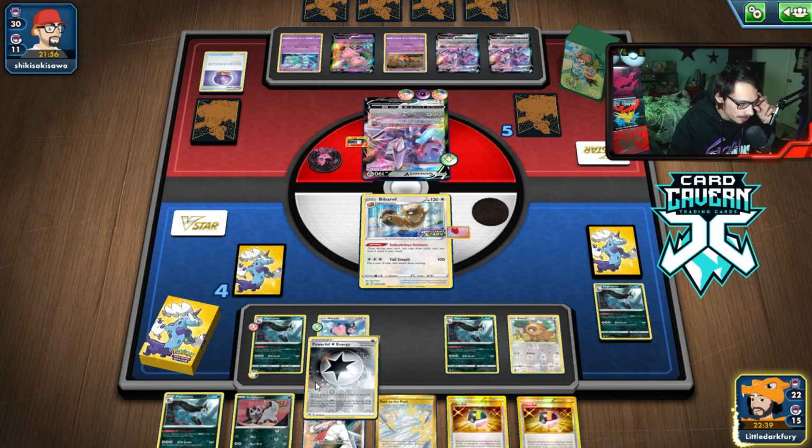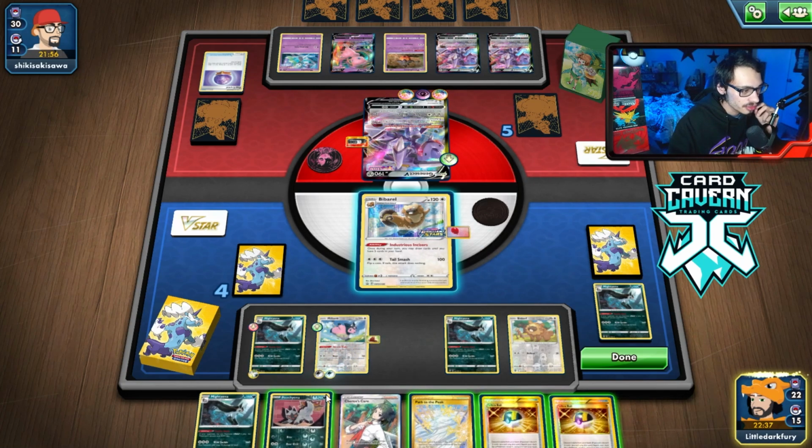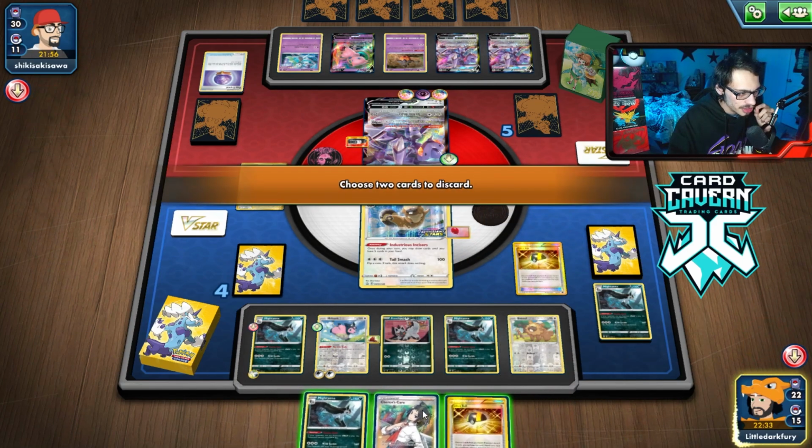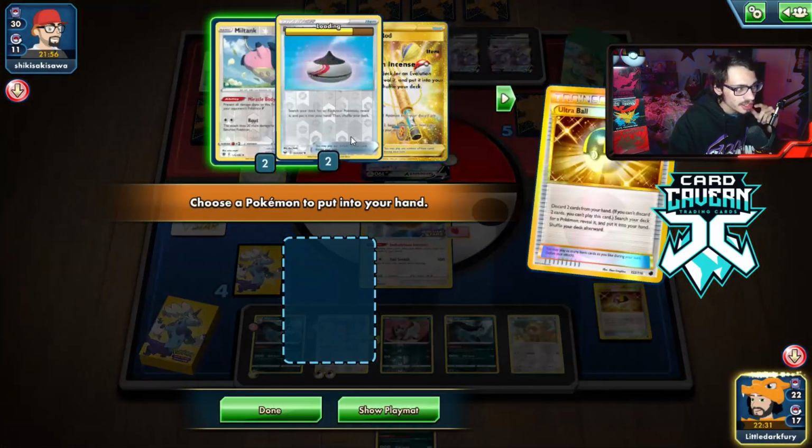Yeah, I think I'm just going to opt to bench... Yeah, we'll bench the Poochyena. There's no reason not to, actually, the more I think about it. We can get rid of the Cheren's Care. Probably... I mean, it's good in this matchup, but...